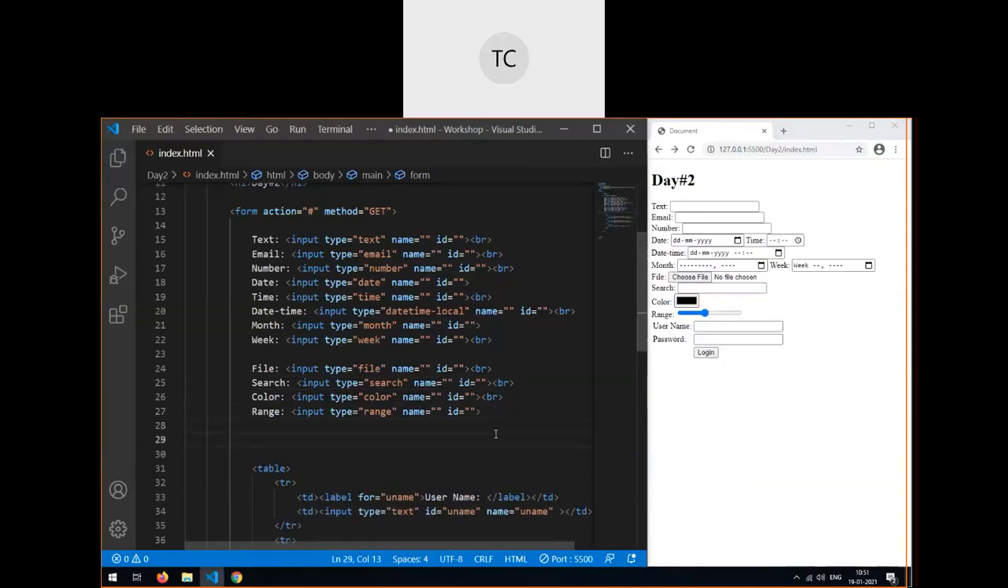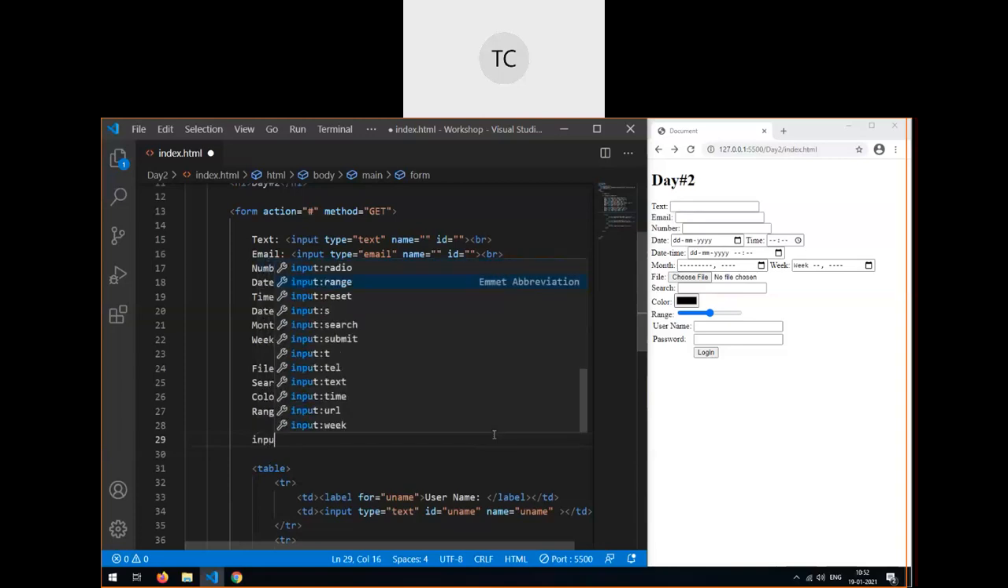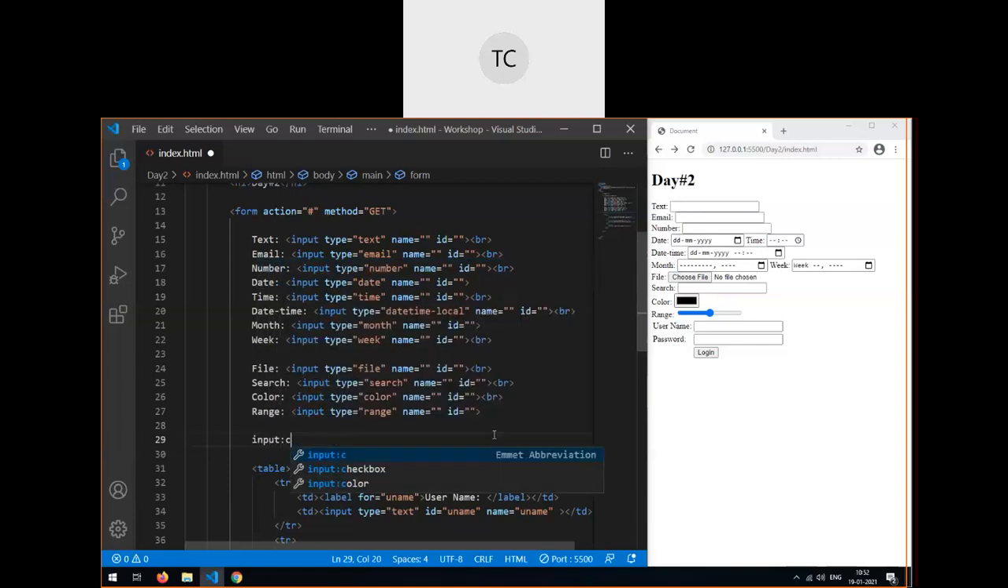One most important thing that you will require right now, you might not require search, color, range, month, date right now, but what you will require here is a radio button and a checkbox. So a checkbox is something like, we define a checkbox,